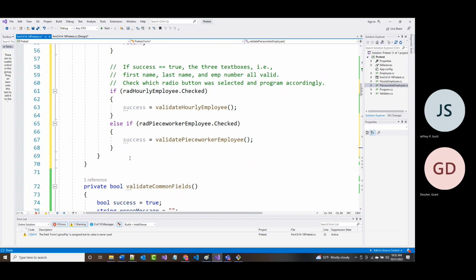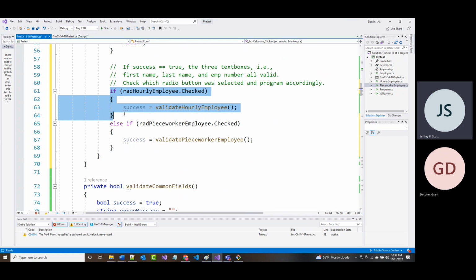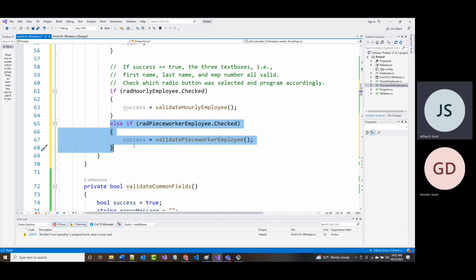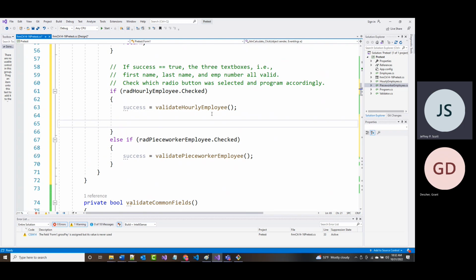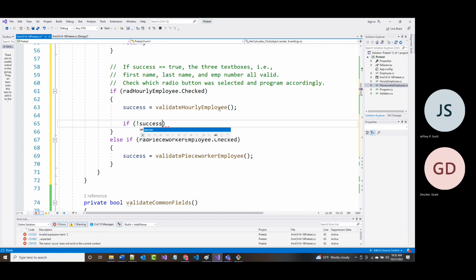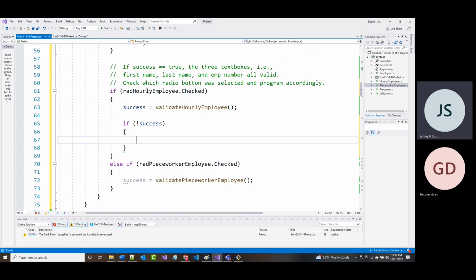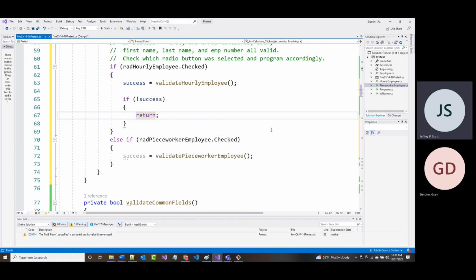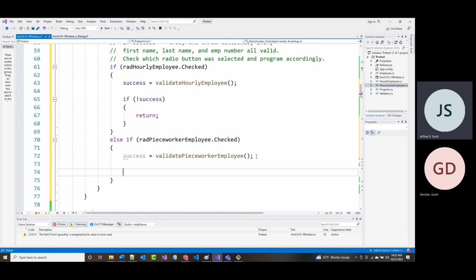We did this if it was an hourly employee. We did this if it was a piece worker employee. But now we've got this success, and we can say here again, if not success, we'll just return. I'll do that for both of these before I write any more code. So if not success,